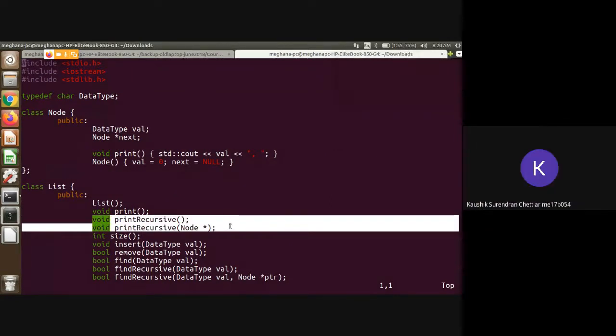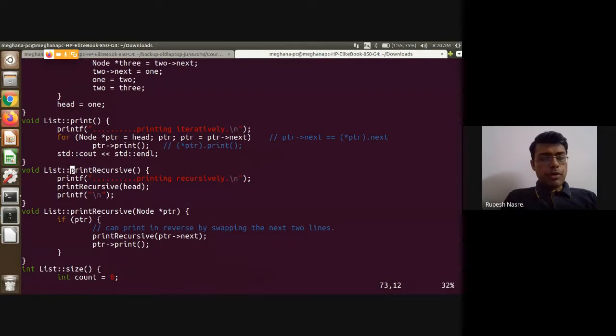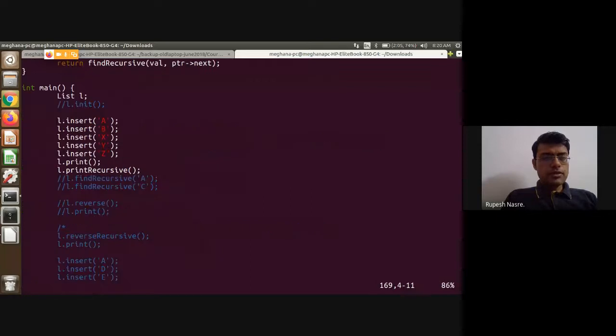Okay. Yeah. Sir, why did we need the second function? Like that part we could have put in the first function only, that print recursive. So inside this only. That is correct. The problem is that we cannot pass that node star as a parameter. Because for this to happen, main needs to call it with some head, right? So L dot head or something. But unfortunately, L dot head is a private member. Okay, got it.